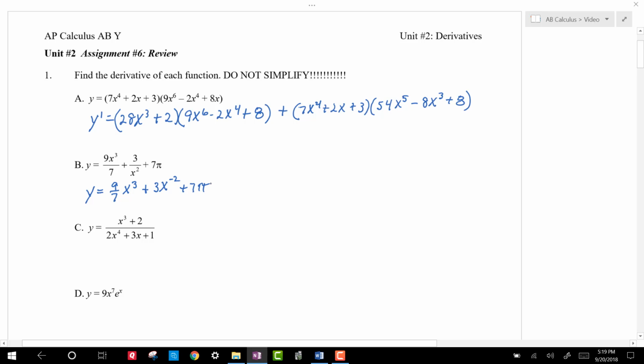All right, so here goes y prime. Y prime is going to equal, this is just parts right here, so we're going to take the derivative of each part. Okay, so here we go. In the first part, we're going to bring that exponent down again, and we are going to,